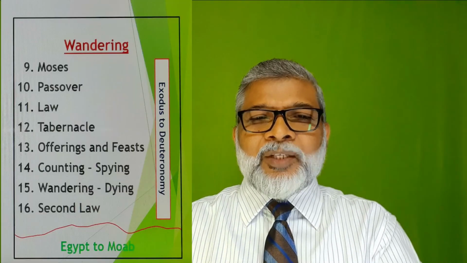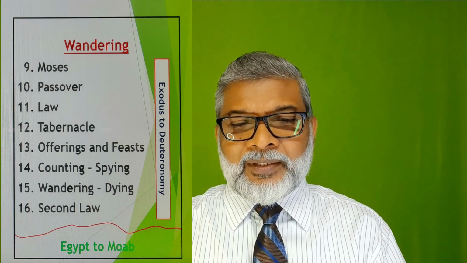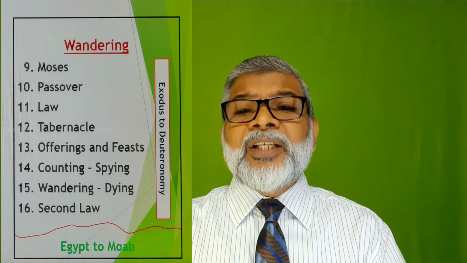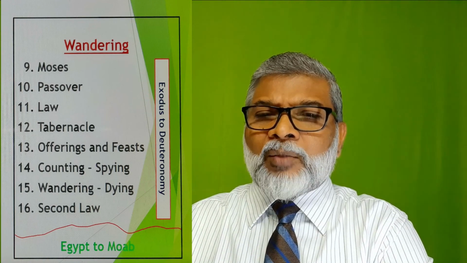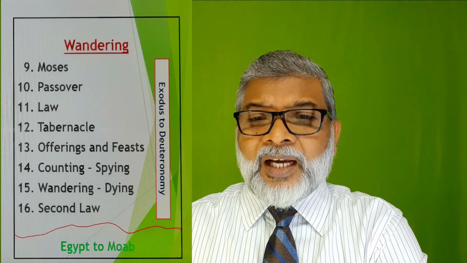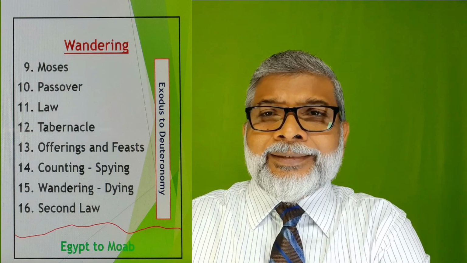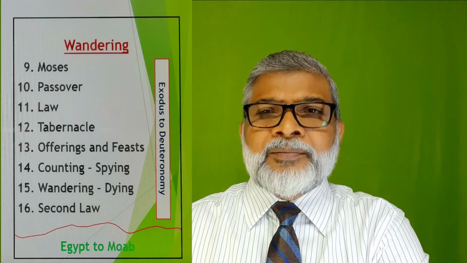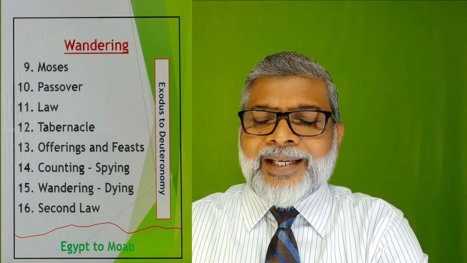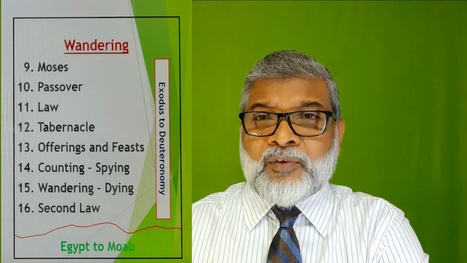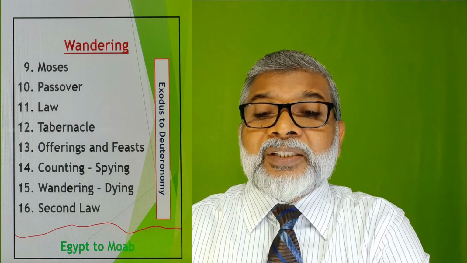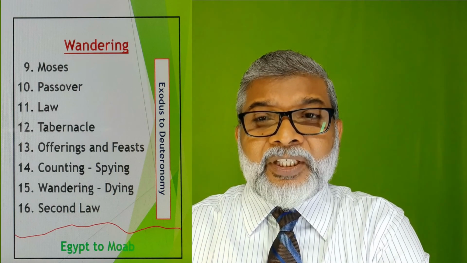Now there is another heading I put there, wandering. Now when the book ends in Egypt, Genesis ends in Egypt, then they were under bondage, and God is raising a man called Moses, their own people, and through him God is delivering, saving them from Egypt. There were 10 plagues, we read about that, and the main is Passover. Through Passover, God saved, delivered his people from the land of Egypt.